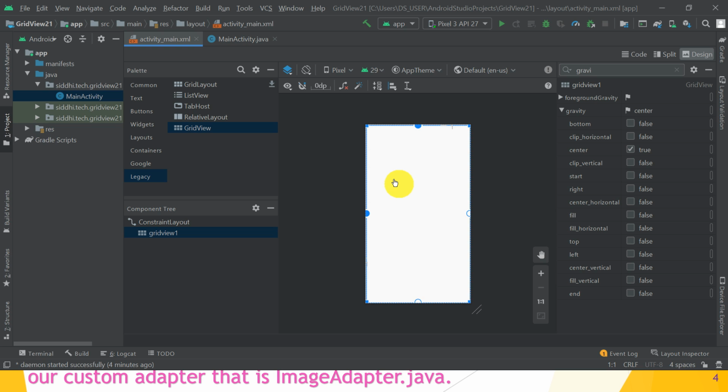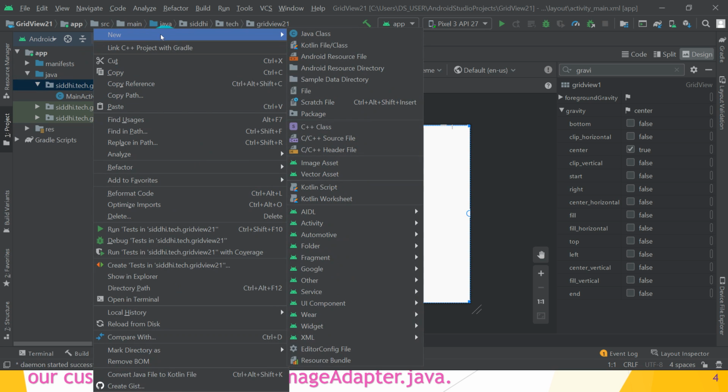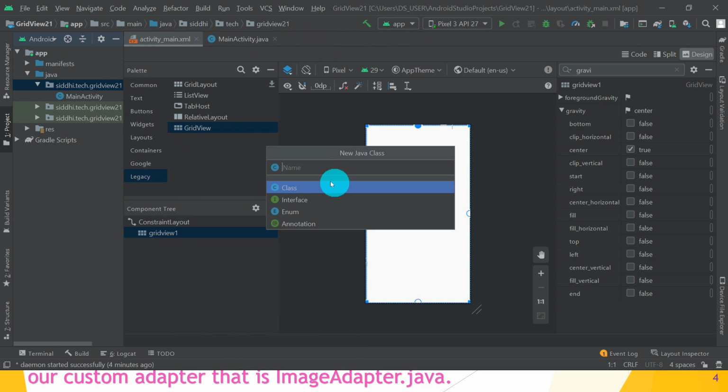After setting properties for the grid view control, what do we have to do? We have to create our Java file. Great. So create our Java file, that is the custom adapter class for the image. Create it using New Java Class.